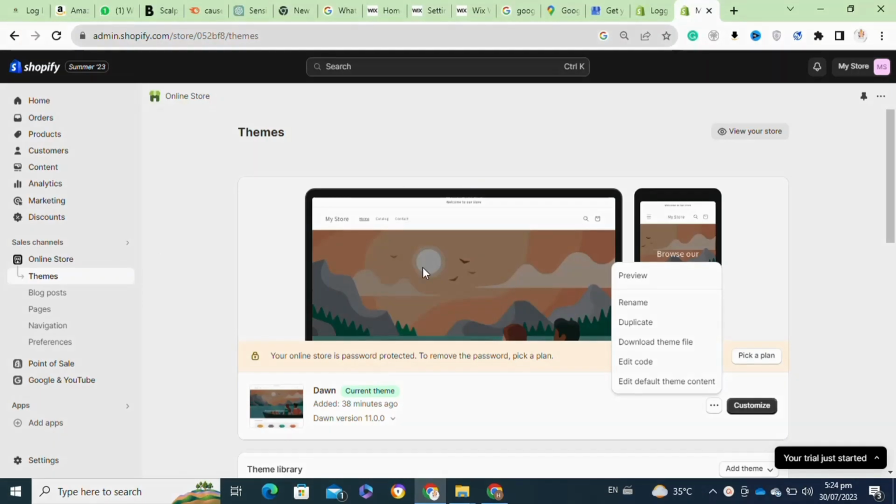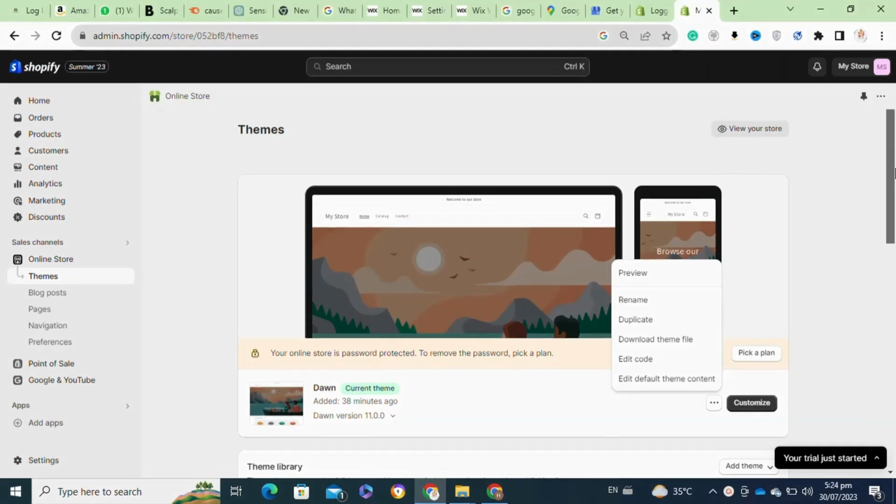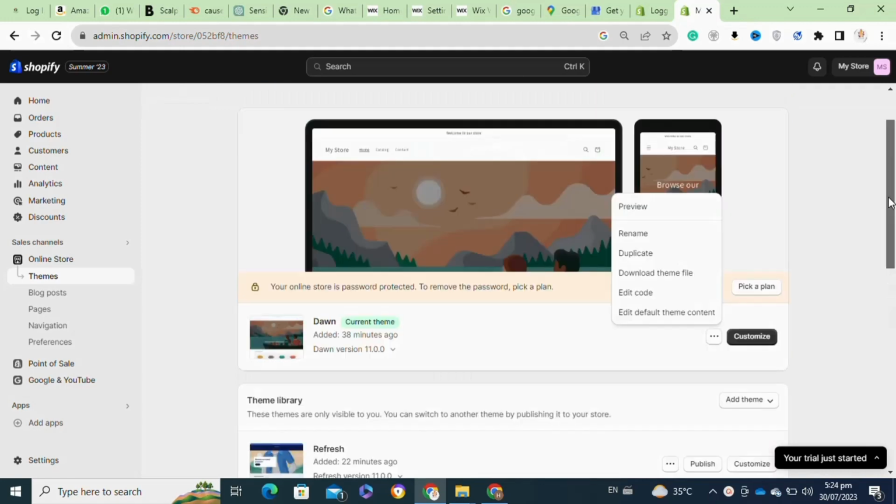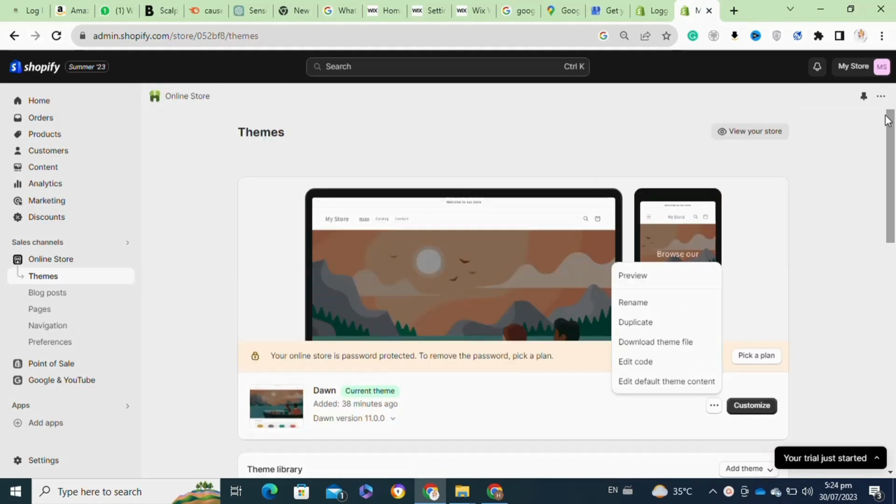So here's how to remove page title on your Shopify store. It's actually quite easy to do, so make sure you watch to the end and don't skip any important steps. For this, first you will need to log into your Shopify account, and after that go to your dashboard and